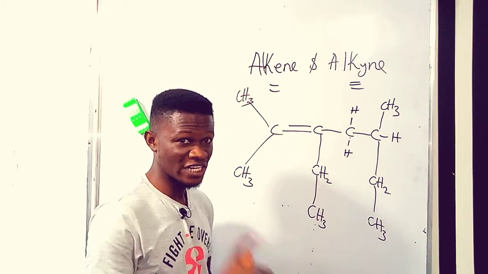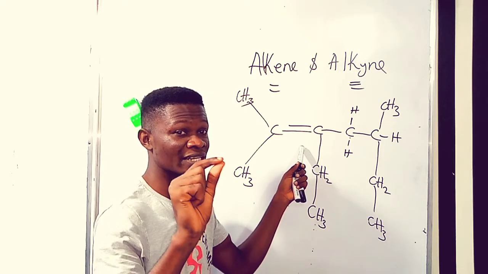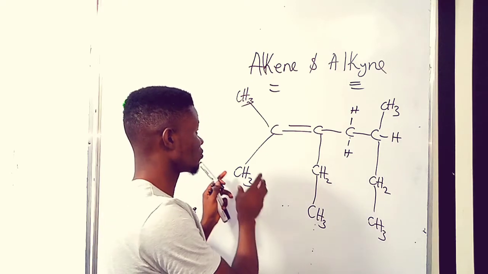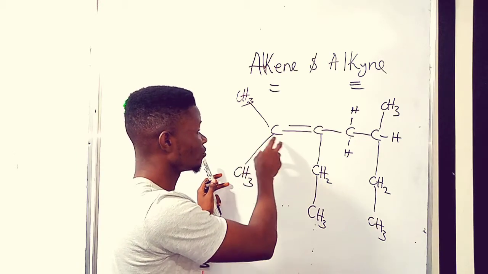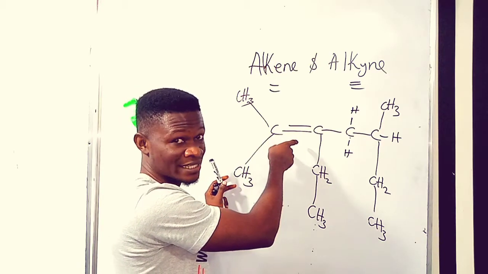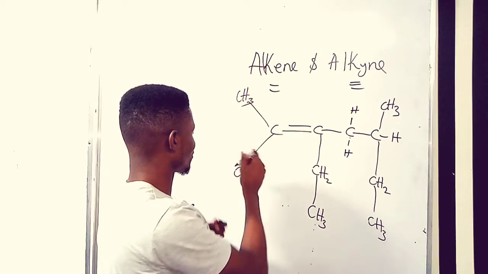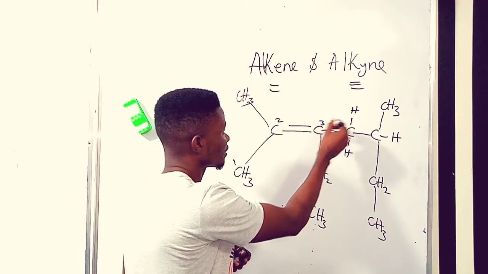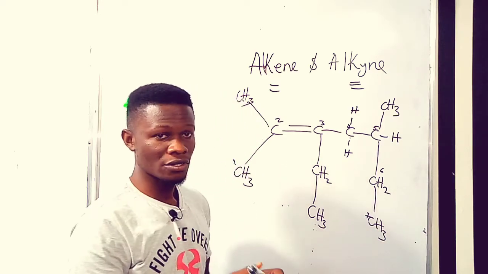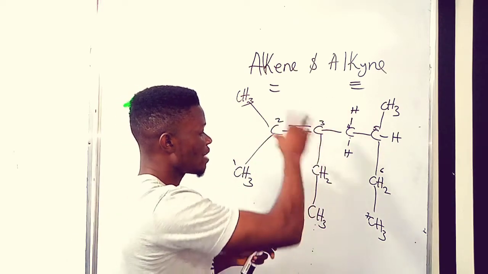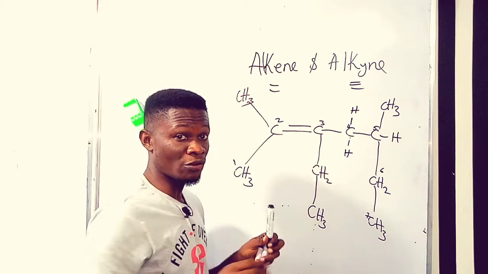But what do we consider next? The position of the double bond, so that we can give the least numbering. Therefore, we are going to count from this side, because if we count from here, we are going to look at 2-ene. Are we good? Alright, so counting from this direction, we're looking at 1, 2, 3, 4, 5, 6, 7. So we are counting from this direction. That means every other chain attached to it are